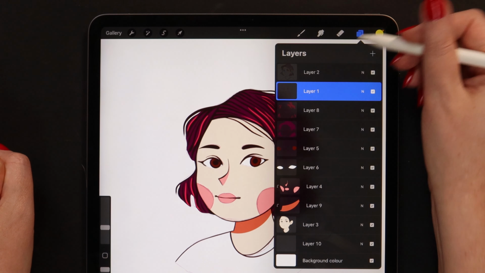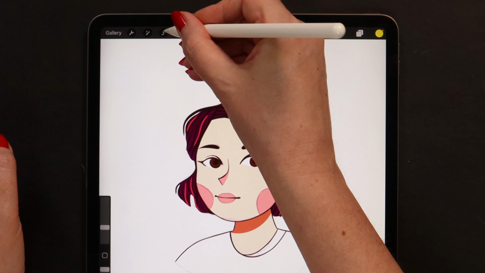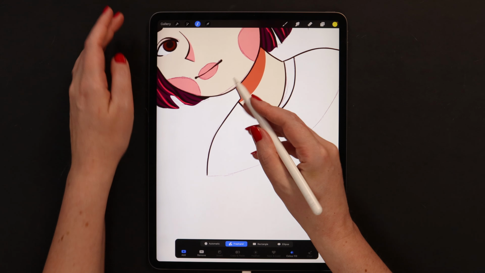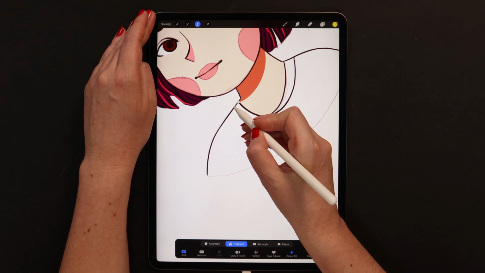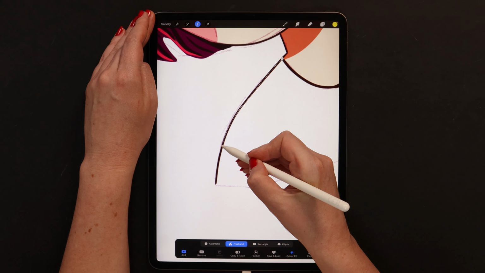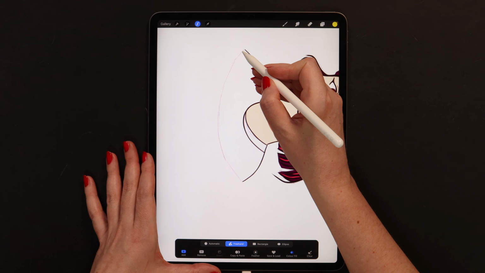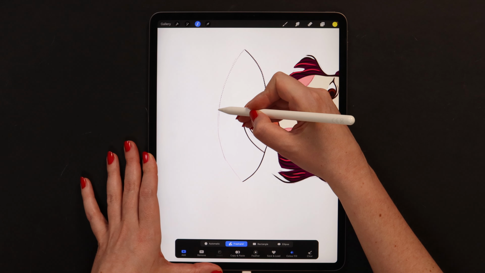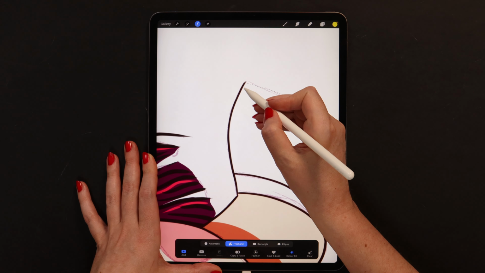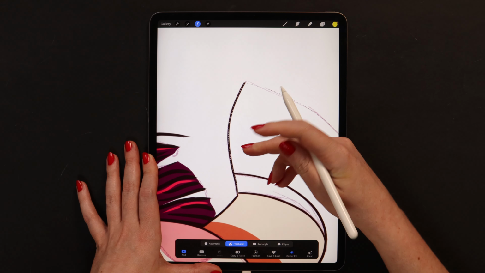Just go to selection. I will make sure to stay on the correct layer. It's this one. Then I will tap here and start outlining from the shoulders. Also try to match it with the line. We can now draw an arc here at the bottom and finish it. It'll go all the way here,